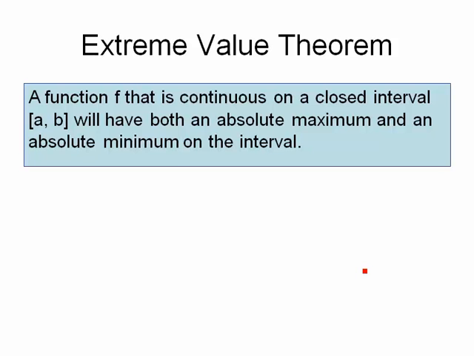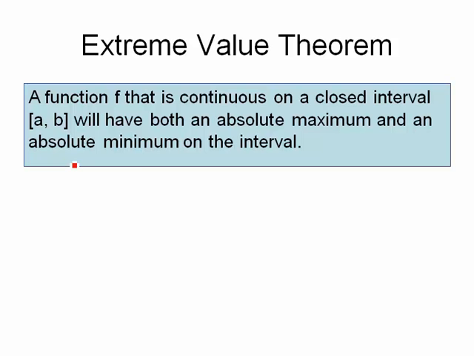Now what you're probably starting to notice is that when you have a very highest point or a very lowest point, or an extreme value, our extreme values are occurring in certain places. They're usually occurring on the endpoints or at a critical point. What you should have also noticed is that for all of these functions that I just showed you, they were continuous, which means I could draw them without lifting up my marker, and they were on a closed interval. They included their endpoints. And in every one of those three examples, we had an absolute maximum and we also had an absolute minimum. They were guaranteed.